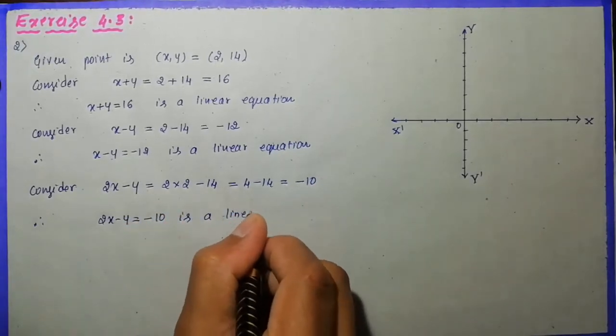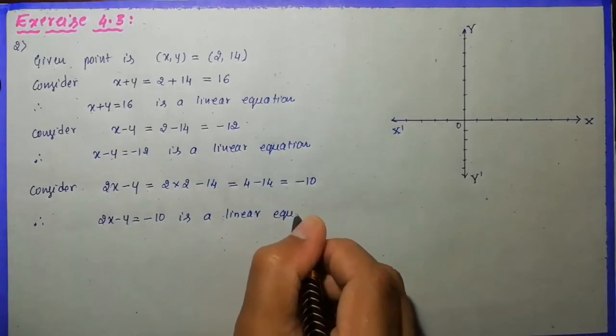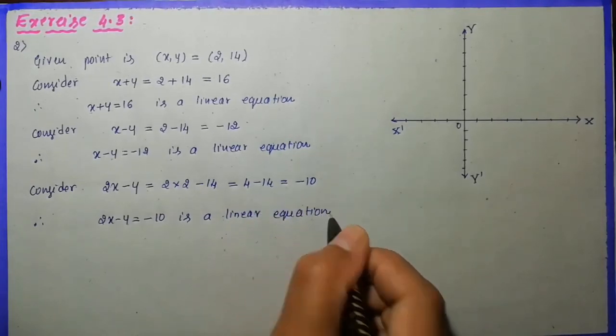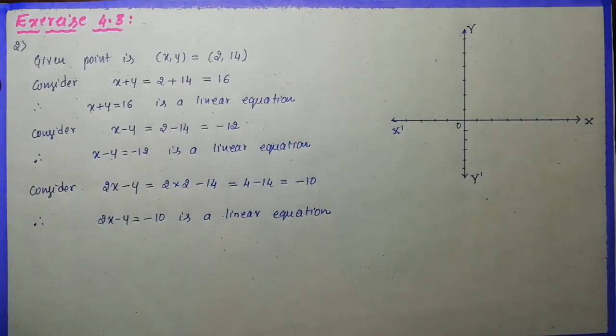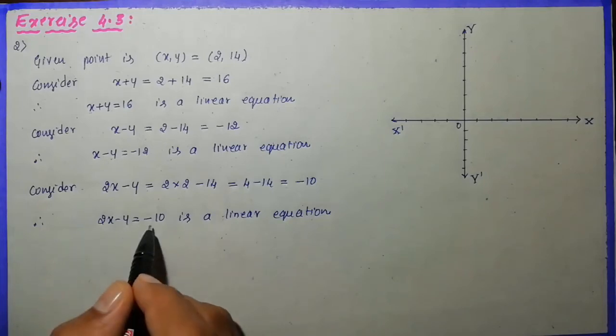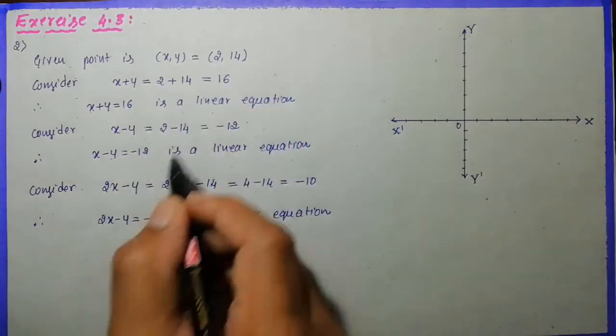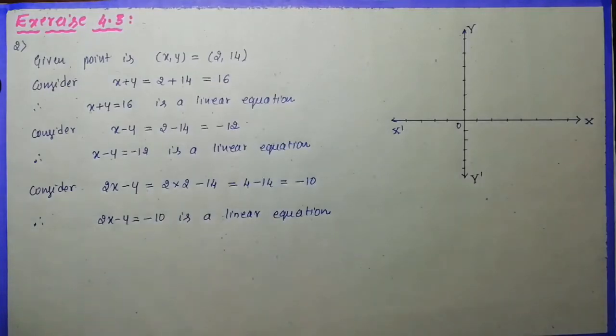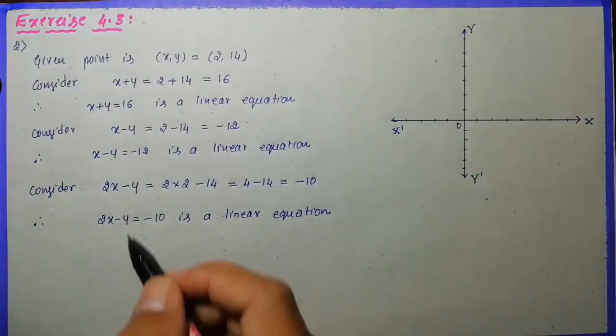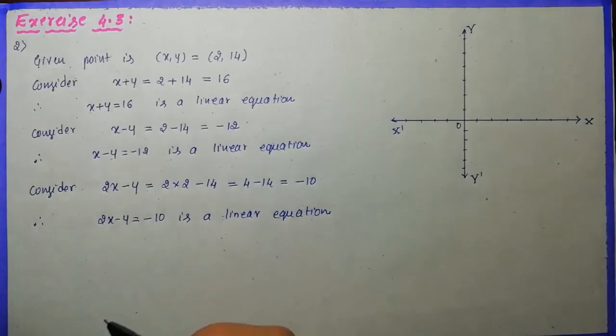I have generated one more linear equation, but actually he has asked only for two linear equations. He is going to ask for the equation of lines, not the graph. There is no necessity to draw the graph here, you just have to form the equation. Look here, this is also a linear equation. Even if you place x is equal to 2, y is equal to 14, this equation is also satisfied. So in this way you can generate any number of linear equations. I think this is what is asked in the question: how many more such lines are there and why.